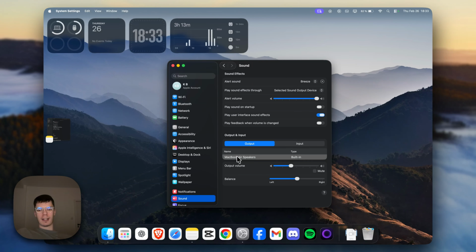So there should be another option or name of your another speakers, and just simply click them and the audio output will be changed. So that's how you can do it. You can here also change the input if you want to, which is the